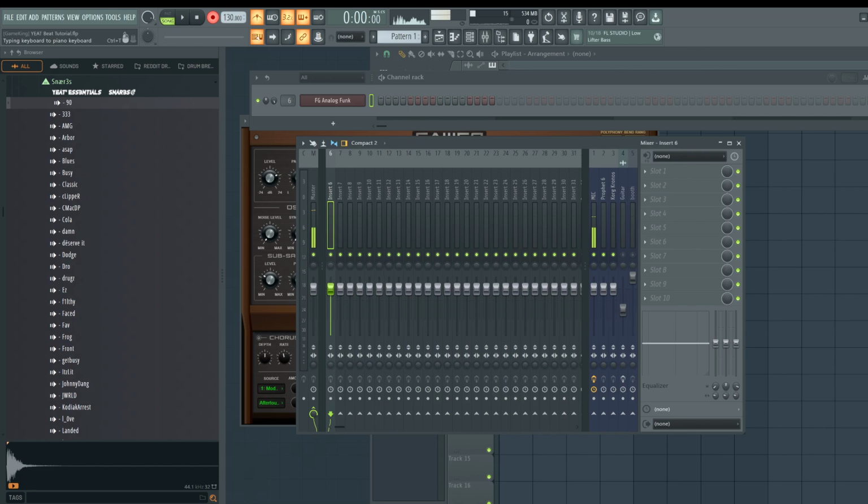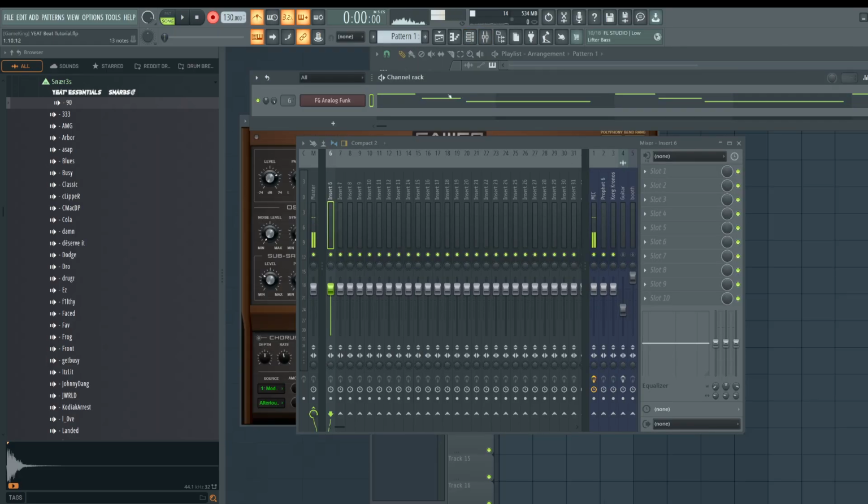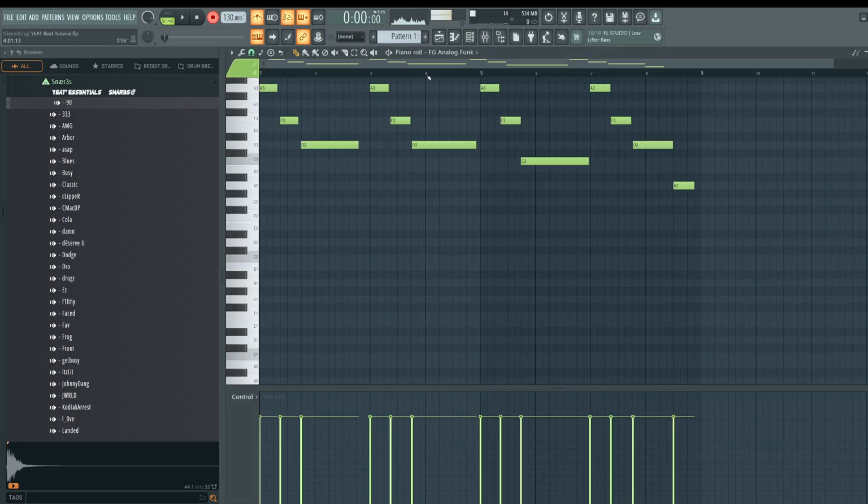Again, I'm using my typing keyboard to piano. Just click this icon right here next to the play area. One of those notes I hit incorrectly. Let's click inside of the channel rack here to open up the piano roll. Firstly, let's hit Alt-Q, quantize the notes, and let's fix the one note.